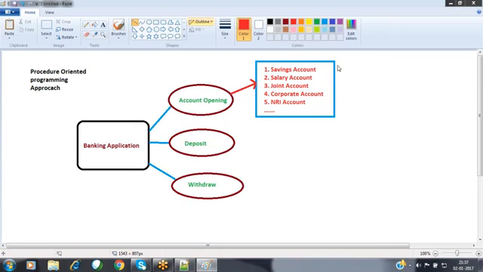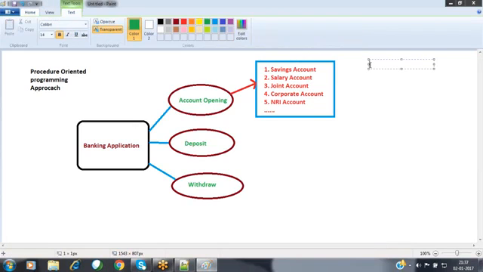Now we are writing a function, like some function 1, which is used to verify or open a savings account.